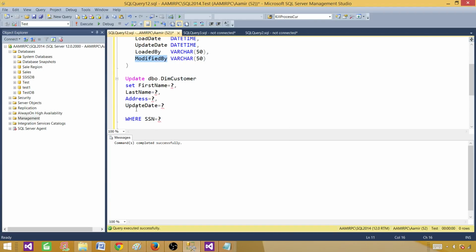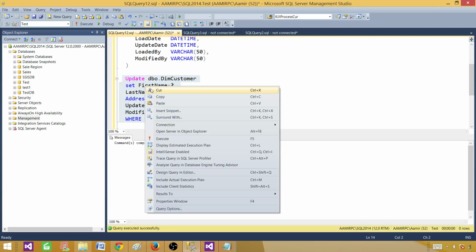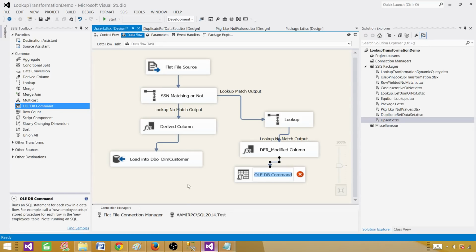I'm taking it slow. I know some people have suggestions for me, take it fast and all that, but when I take it fast, people have suggestions, okay, come back and make it slow. So I don't know. So we are updating the records, all the columns, and then we are saying where SSN matches. So go ahead, and now we will